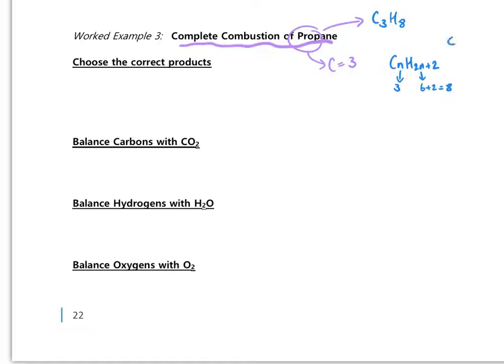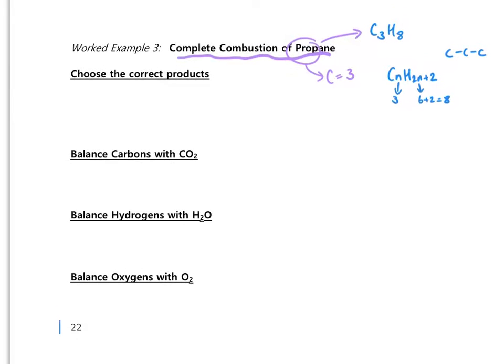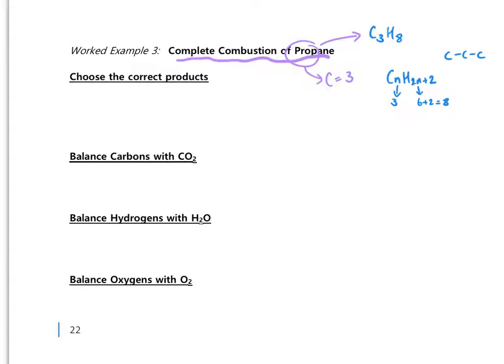Again, you could get that very quickly by drawing out a carbon chain, where you have 3 carbons, and then count up how many hydrogens you would need to make 4 bonds per carbon. So you would need 3 for this carbon, 2 for the middle carbon, and 3 for the end carbon. If you count up, you don't even need to write your hydrogens. You would need 1, 2, 3, 4, 5, 6, 7, 8 hydrogens to fill those bonds. So the formula of propane is C3H8. So that's the first thing you need to do.